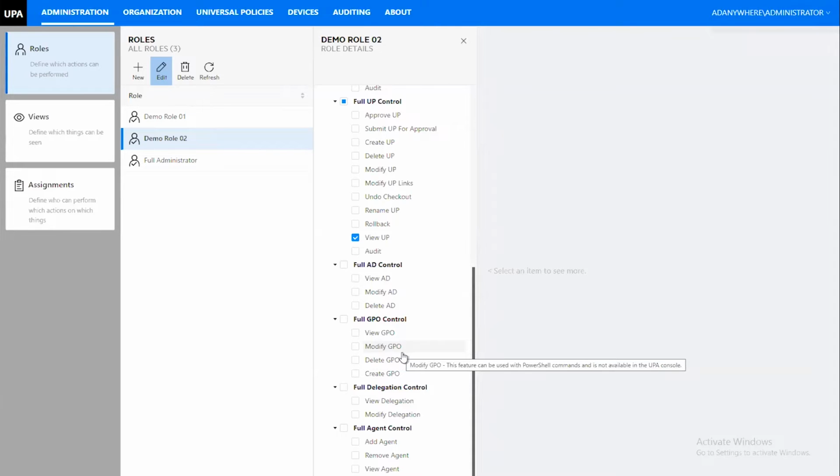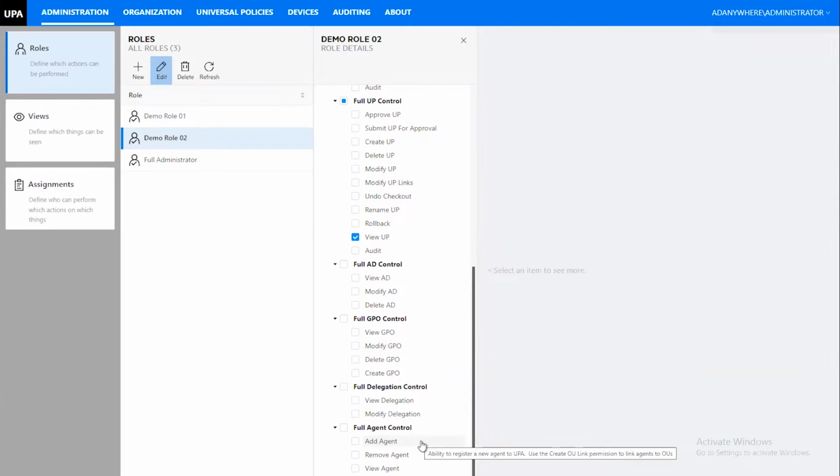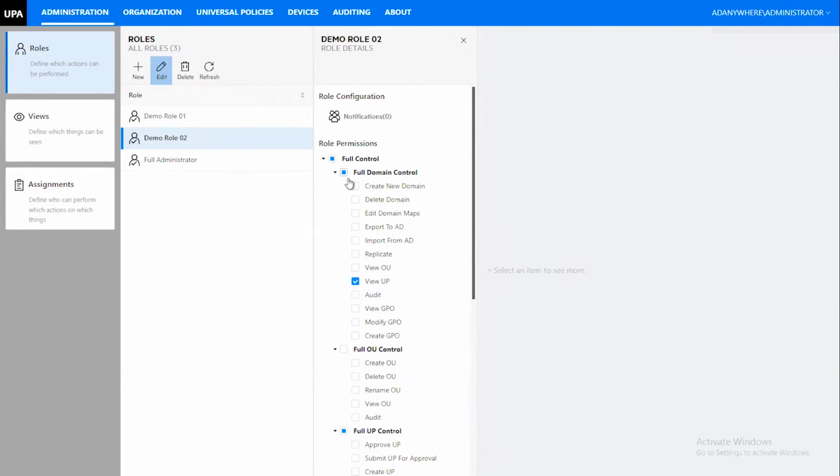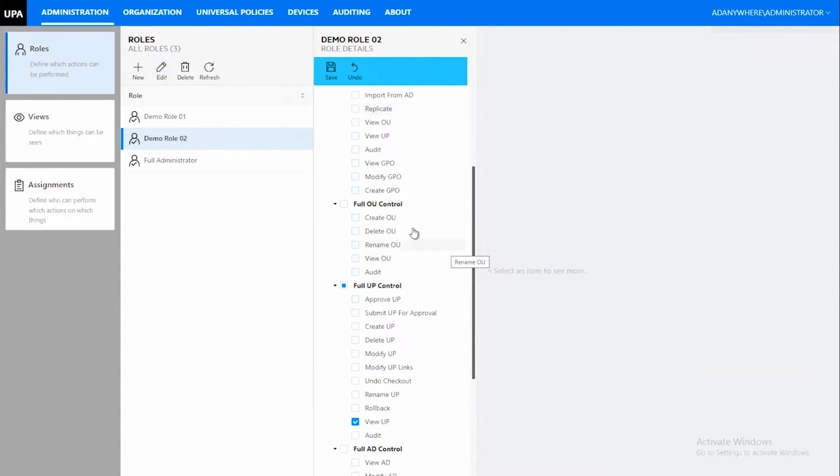And that includes when they get exported out to Active Directory or imported. So you can see, and then we've got the agents, and I'll talk about this a little bit. This is the tie-in where AD Bridge and UPA kind of come together to give you a full end-to-end solution. But for this one, I'm just going to go ahead and create full domain control,